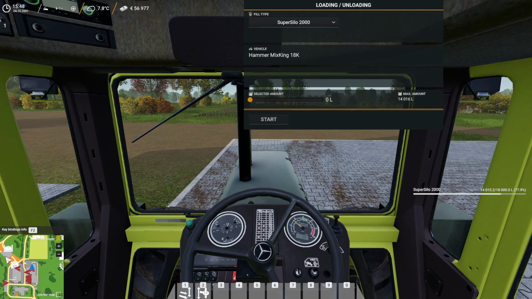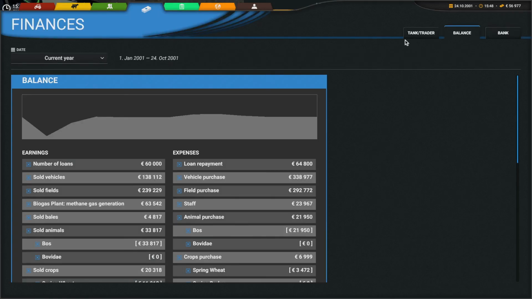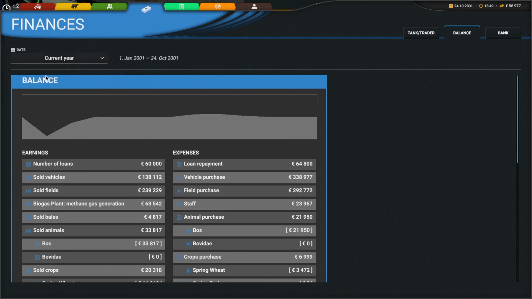So with that said, guys, I think we will call it here. The good thing as well about this is it tracks the finances for the current year. So you can get previous year, previous month, yesterday. You can do a lot here on this. So we're on current year,